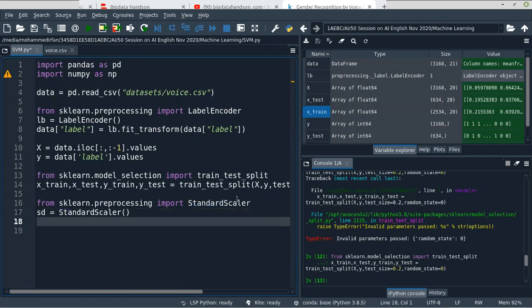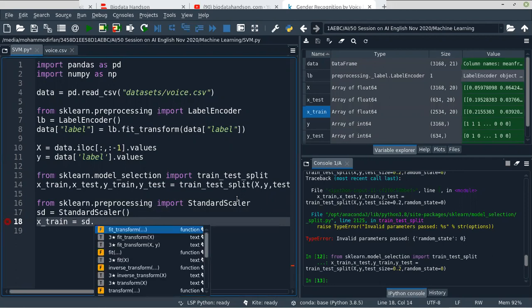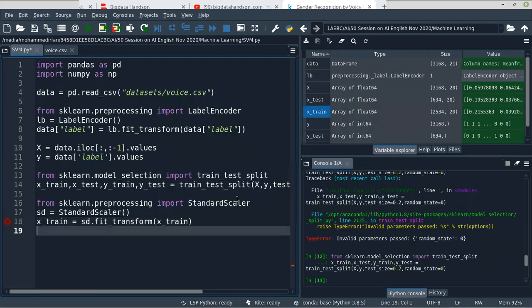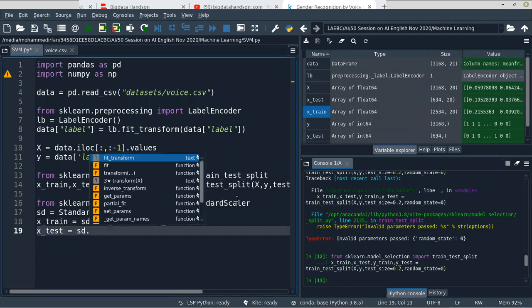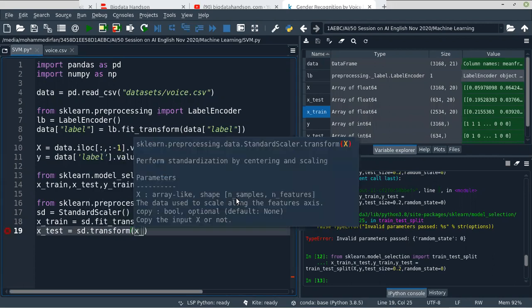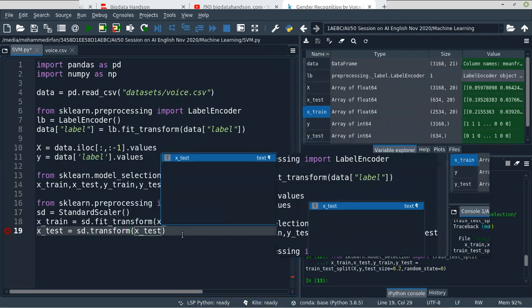Now we fit_transform on the train data, and for test data we'll just apply the mean and standard deviation, just call the transform function and give the test data. That's it.